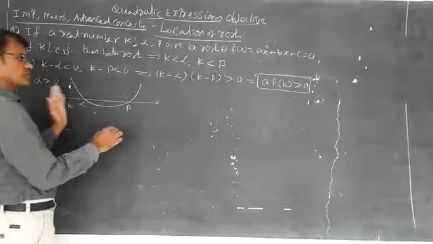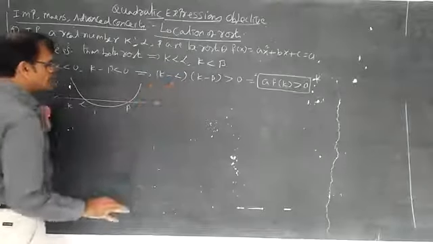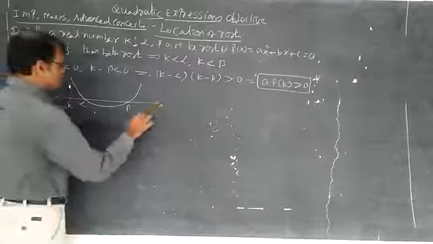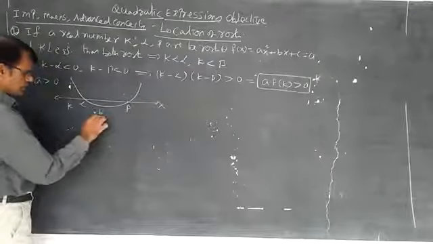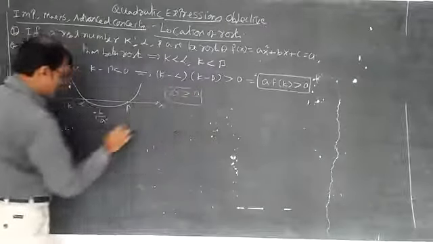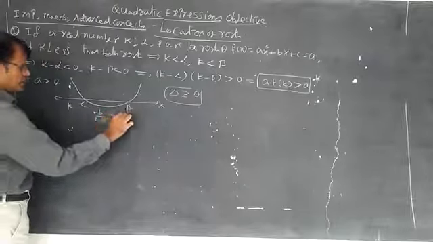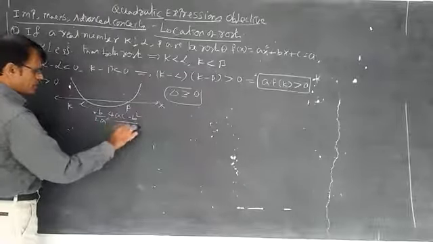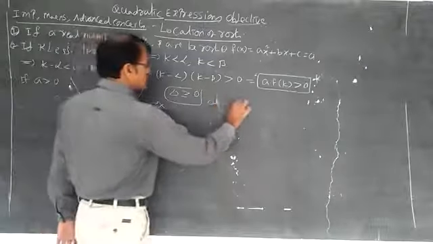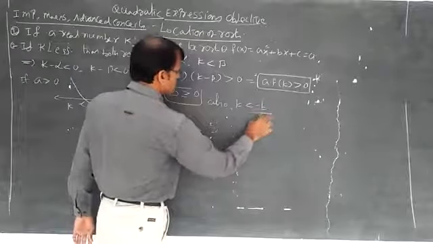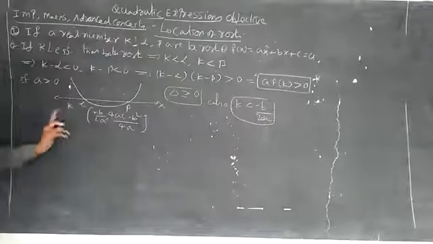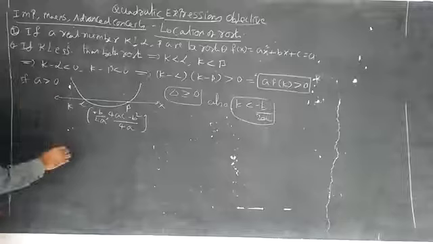Here we get the condition a greater than 0. Whenever the graph intersects the x-axis in two distinct points, you can say delta greater than or equal to 0, because for delta equal to 0 also there is a chance. The vertex is minus b by 2a comma 4ac minus b square by 4a. Also here you can say that k less than minus b by 2a. In the previous model we got k greater than minus b by 2a; here we got k less than minus b by 2a.